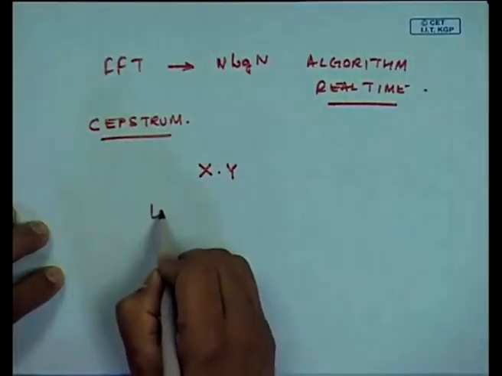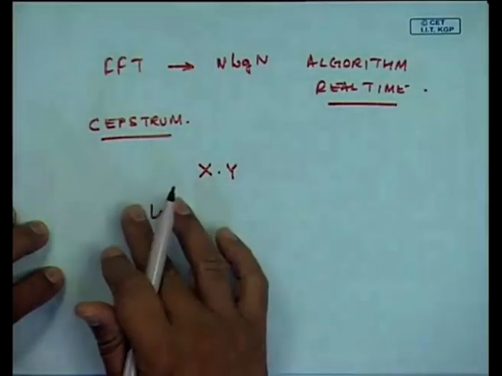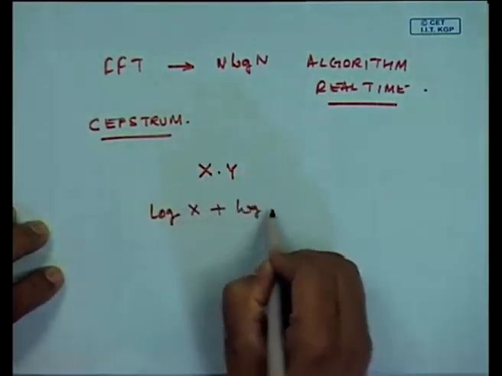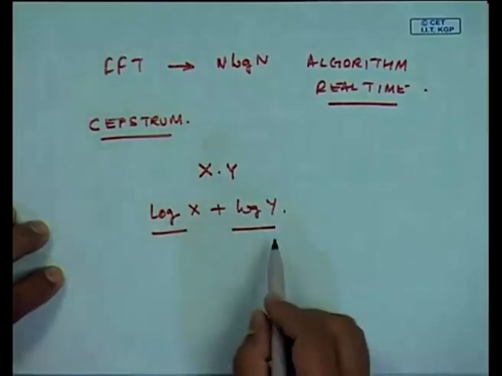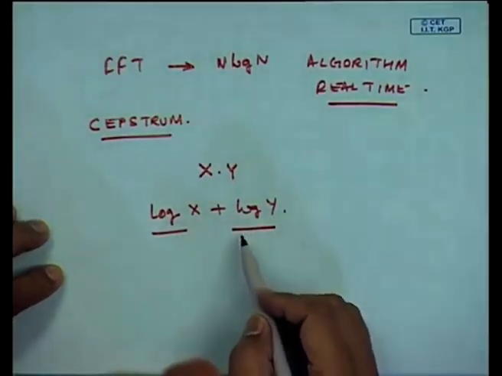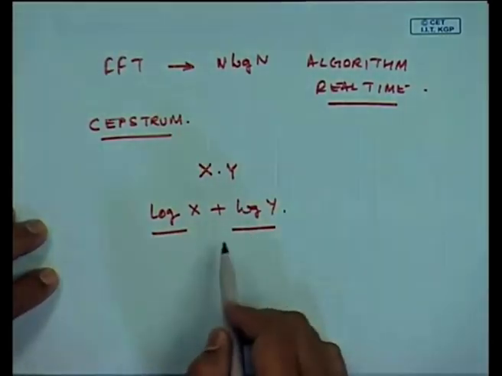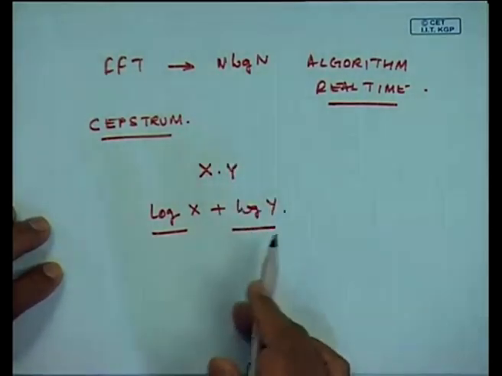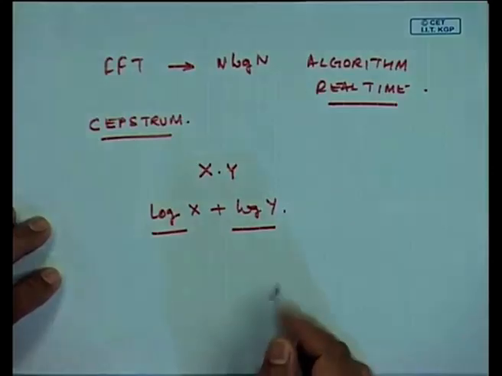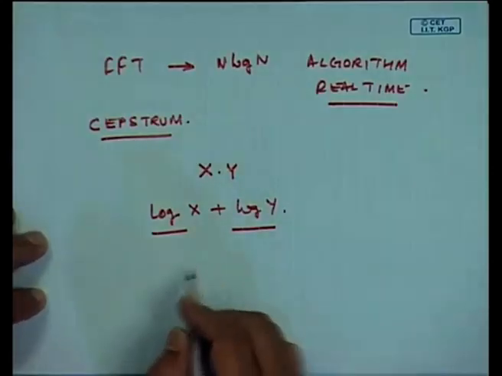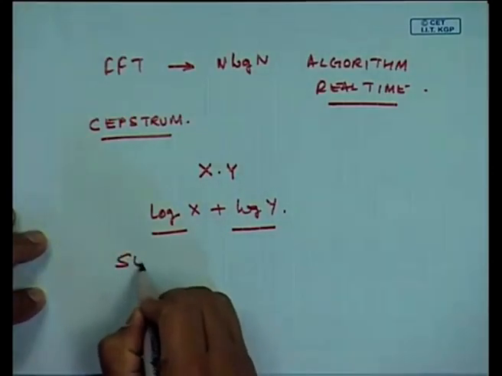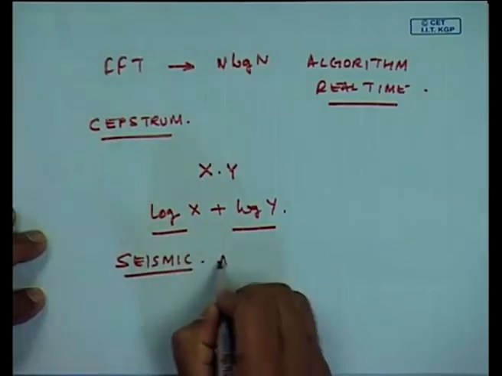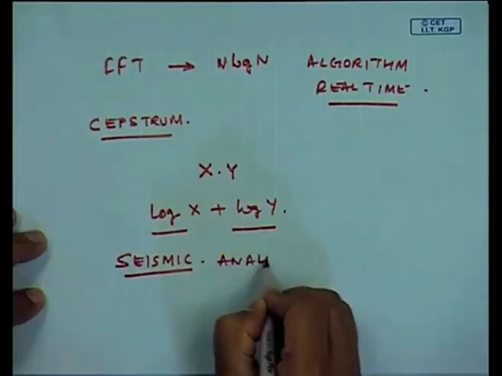But if I take the logarithm, it will be log x plus log y. So, the effect of the path is actually added to a signal, which can be nicely removed once you do Cepstrum. So, that is why Cepstrum had an important application in seismic analysis of signal,